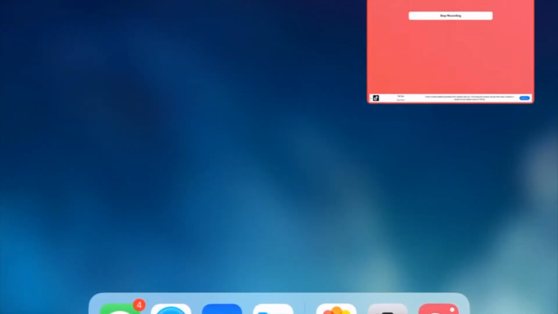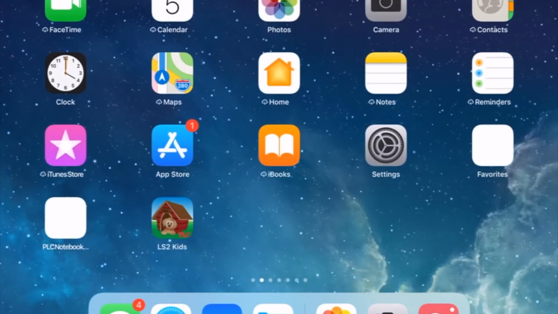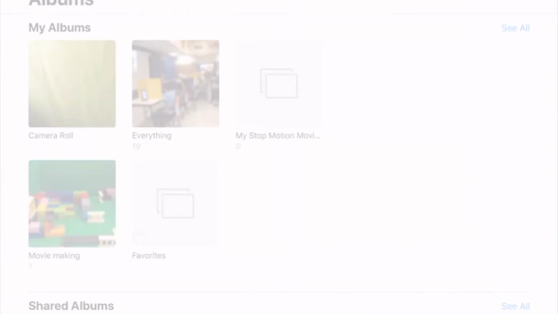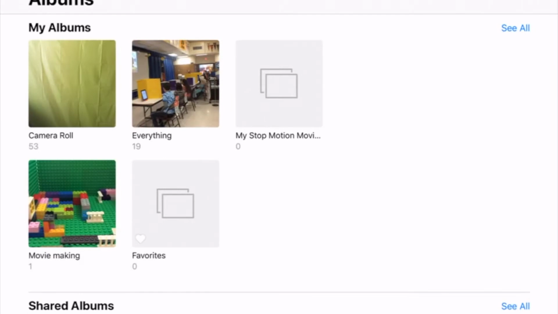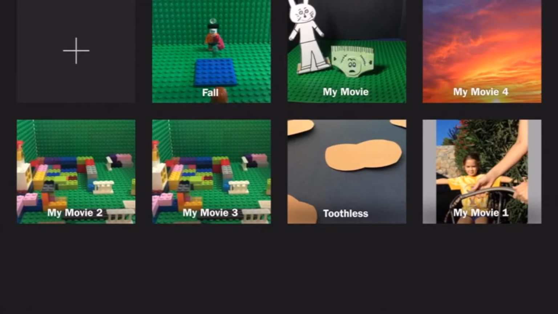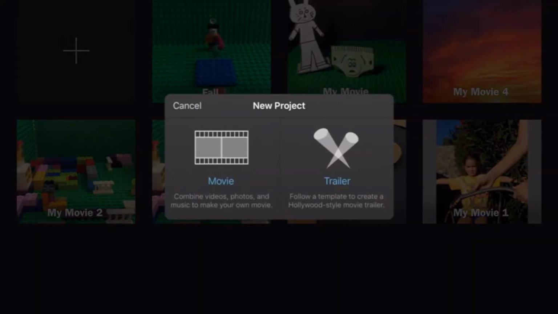Once you finish your video footage, it will save into your camera roll. And once it's in your camera roll, you're able to edit it in iMovie. So you'll open up your iMovie app and select the plus sign. From there, click on Movie,